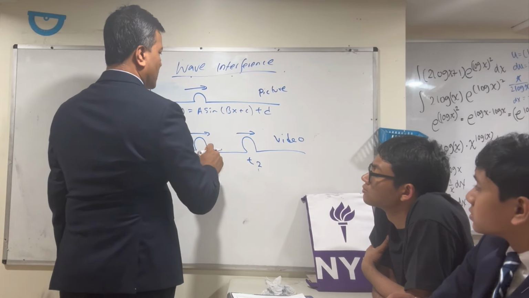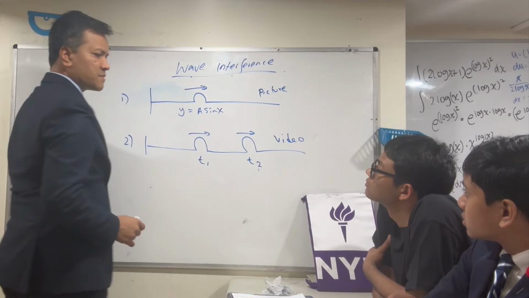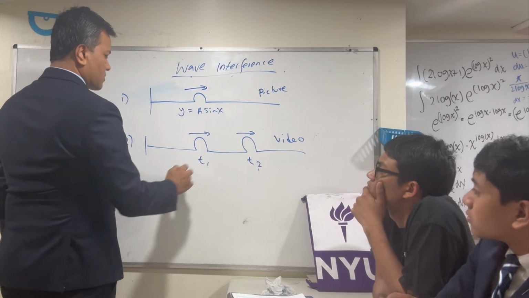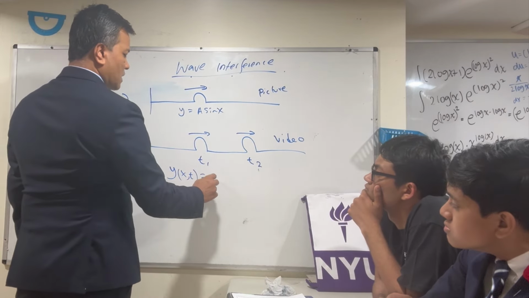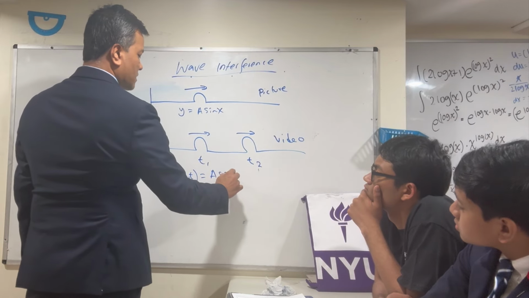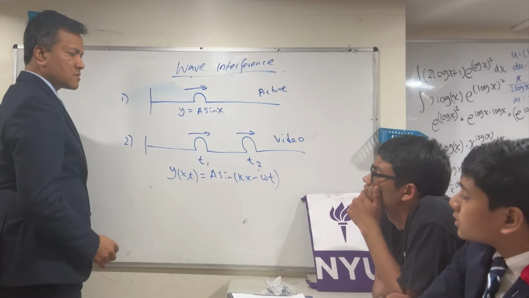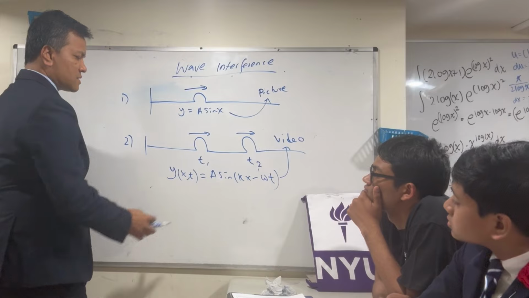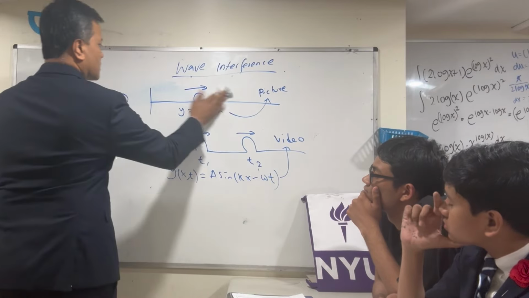So just A sine x. If I want to write the equation for the video, then y(x,t) equals A sine of (kx minus omega t). So this is a picture and this is a video. This gives you more information, and this gives you a snapshot version. Now let's